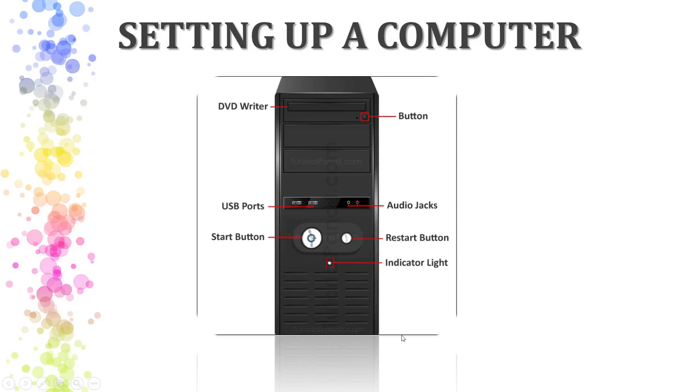Now see the last one, the indicator light. You can see here the indicator light. Whenever your computer is on or started, the light will be on. Understand the indicator light, what it shows: the computer started or off. If we start our computer, the light will be on, and if we turn off or shut down our computer, then the light will be off. On, off. It is similar to the TV. When we start the TV, the light will be on. Turn off the TV, then the light will be off. Same in the computer, right?